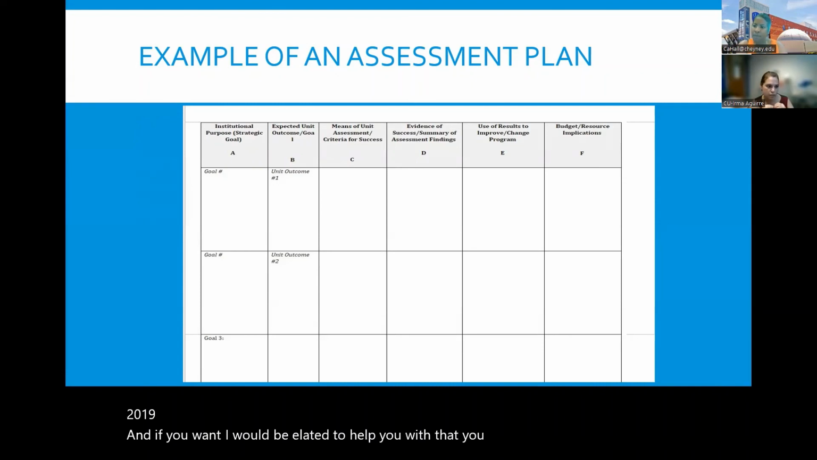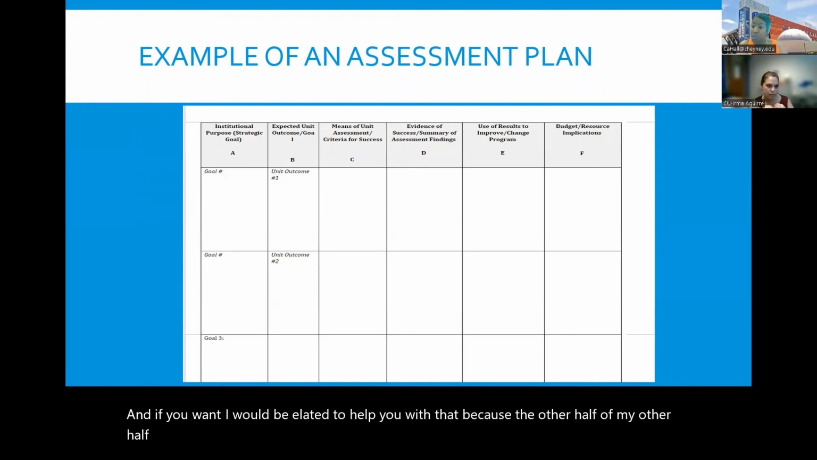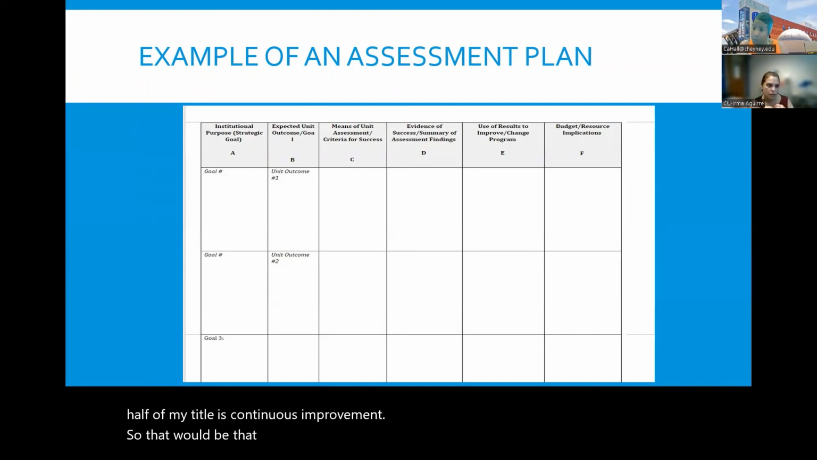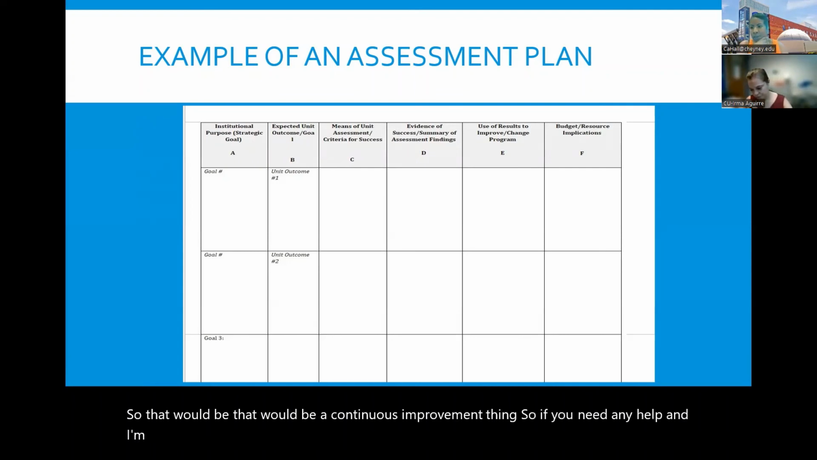Because the other half of my title is continuous improvement. That's awesome. That would be a continuous improvement thing. So if you need any help and I'm available, I'd love to help. Okay. I'll make a note of that. I have interns this summer, and one of the projects that they have is researching grad schools within the Philadelphia area, not only past